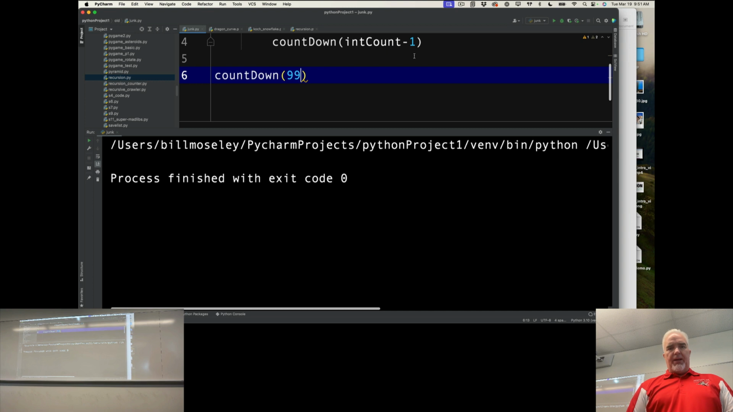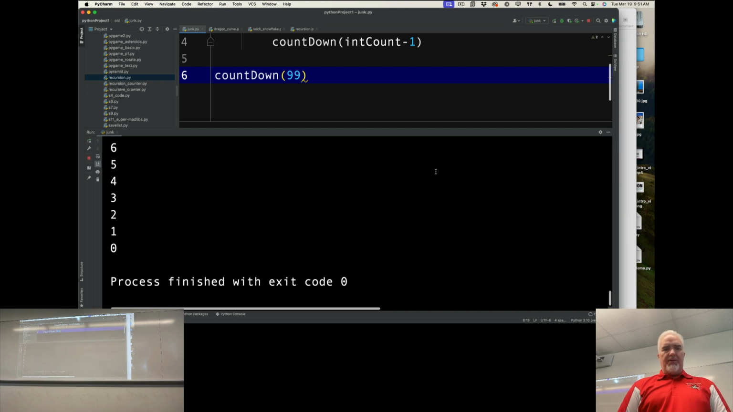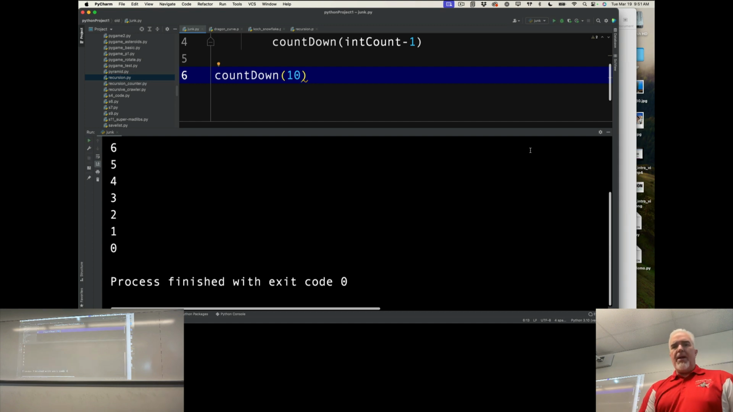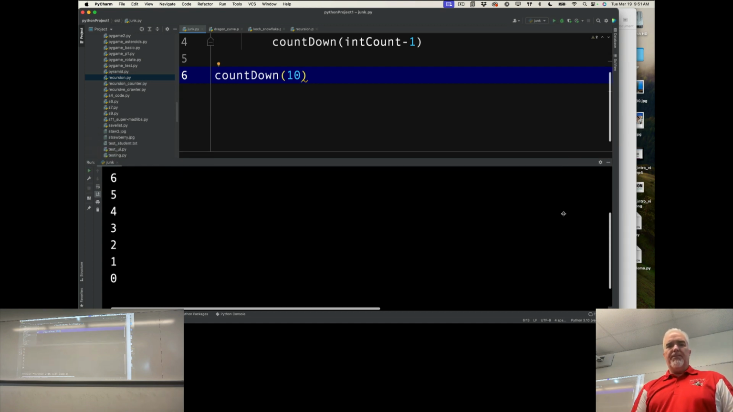Countdown, I can count down from 99 if I want to. I can count down from literally any number that I want to. And it will work. Okay, and that's a very, very simple